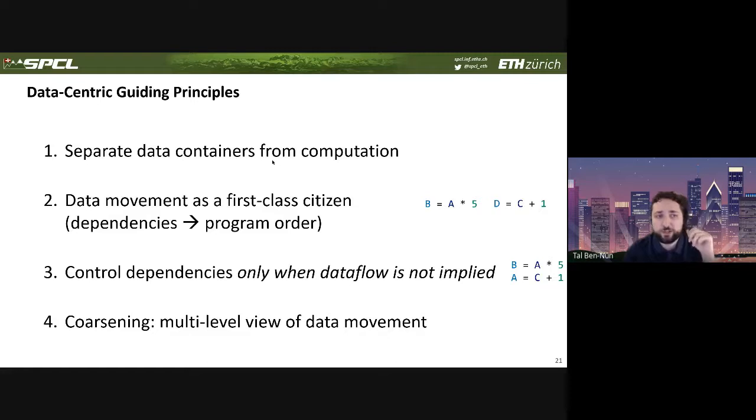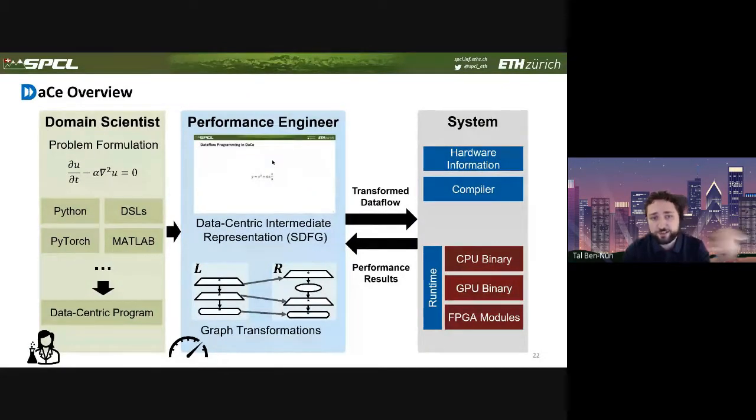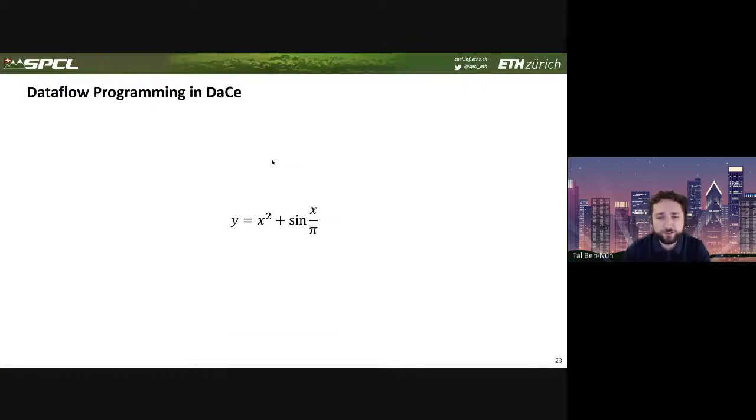And so we want to allow in our representation a multi-level view of data movement throughout the entire application, to allow for local optimizations, but also global optimizations. And to do that, we designed a representation. The representation is graph-based. For some of you who are familiar, this goes back to the late 70s and the definition of data flow graphs, but it tries to address the problems that pure data flow representations have. So let's take this computation here, x squared plus n of x over pi, and let's put